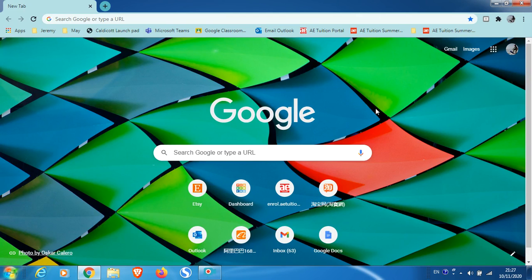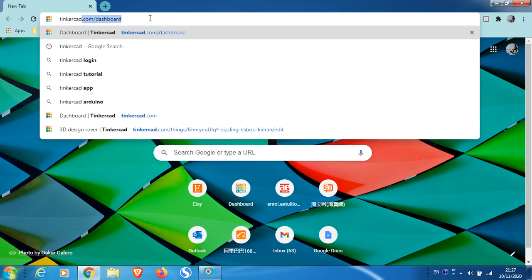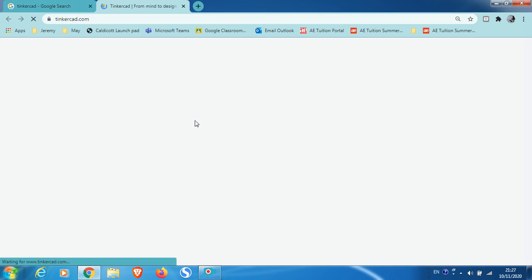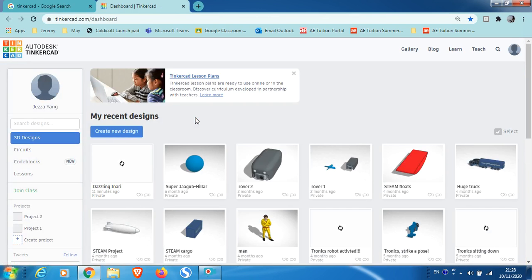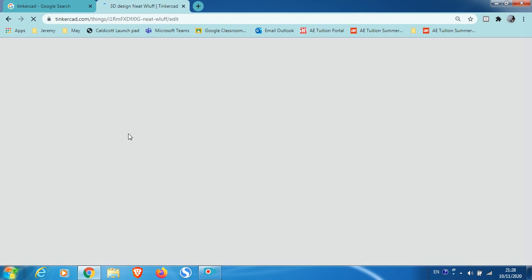And today I'm gonna do a tutorial about Tinkercad for beginners. So first you have to go onto Tinkercad. So you go into the first link kind of thing. Then you'd usually have to sign in with your account, or you can join your class if you're in a classroom. Mine just went straight into my account. Then you just create a new design,